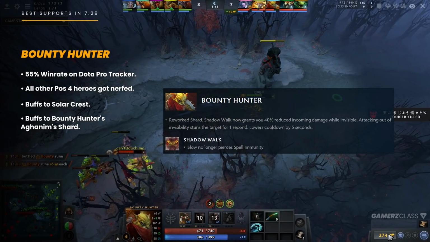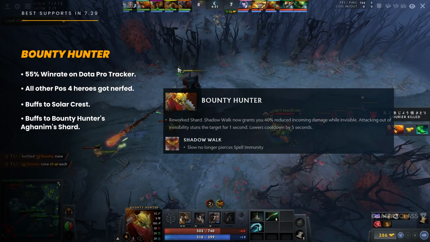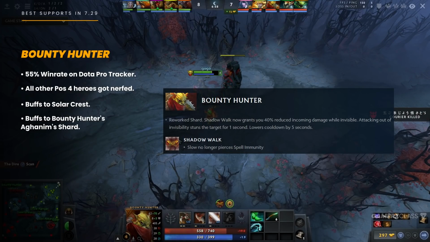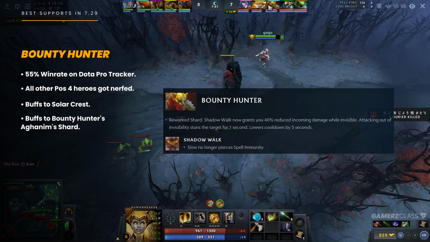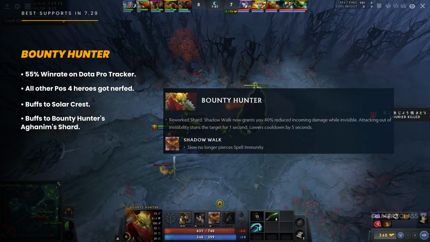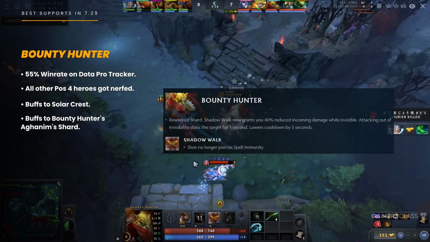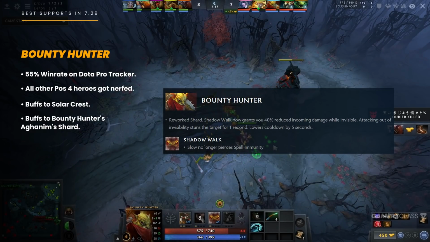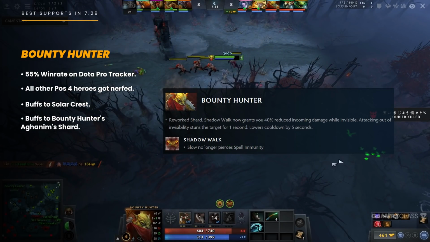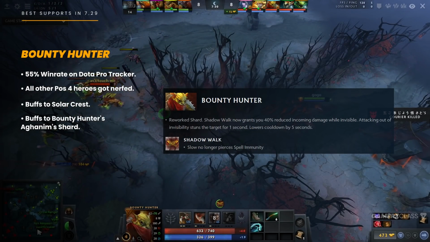And the second thing is that Bounty Hunter gets a stun if he attacks out of the invis once he has the shard. And the interesting play here is that you can go for double stun, which means you can proc the Shadow Walk and then wait until the cooldown is ready again, and once it's ready you attack out of the invis, and during the stun you can instantly fade into another Shadow Walk and stun again, which means that you have reliable lockdown on the hero now,